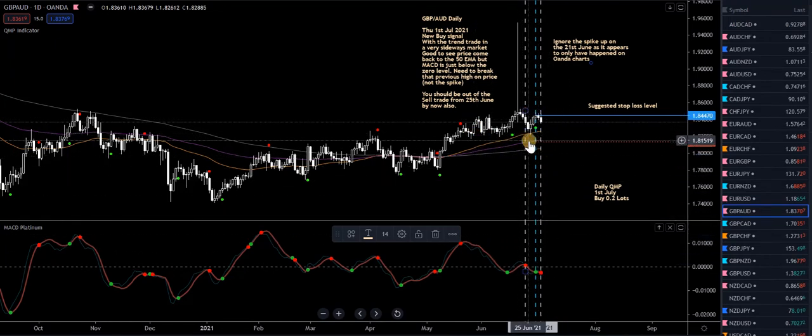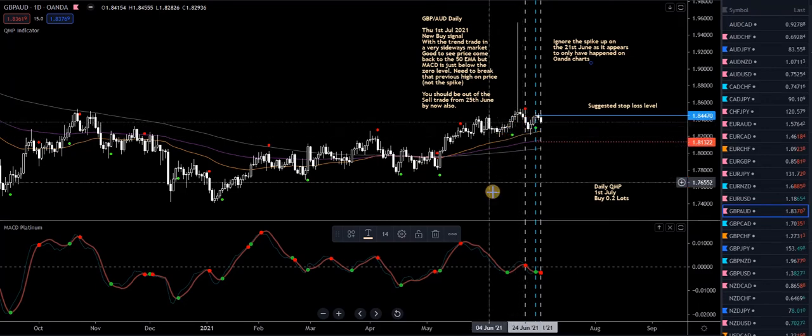But anyway, I took a buy on the blue here, and Thursday went against me a little bit, and Friday NFP numbers pushed it down again. So I suggested stop down here. It's all a bit sideways, but